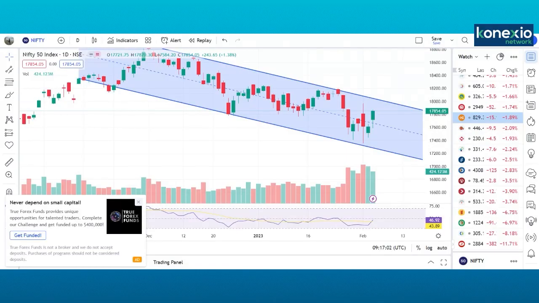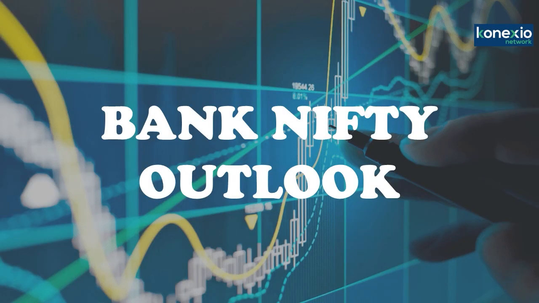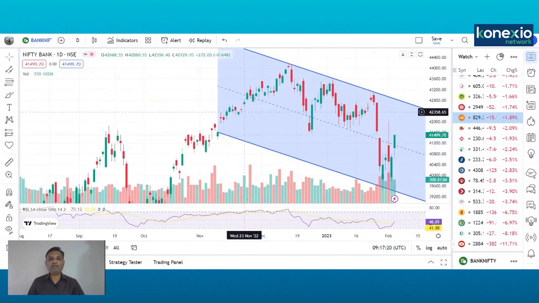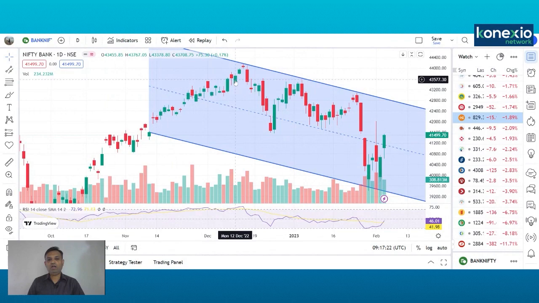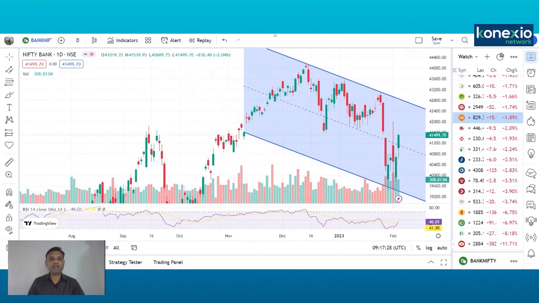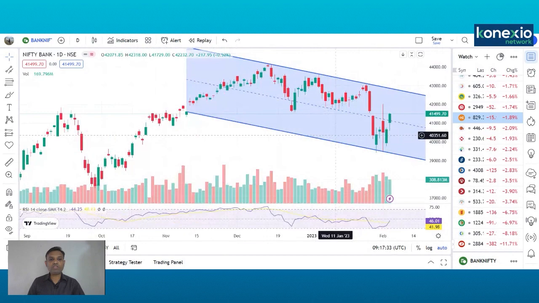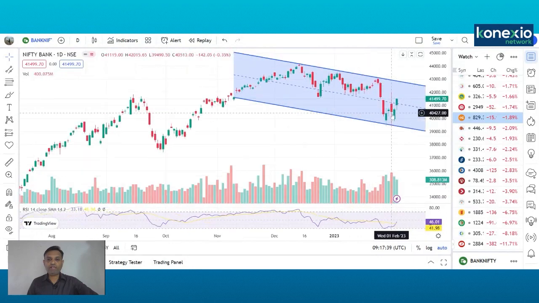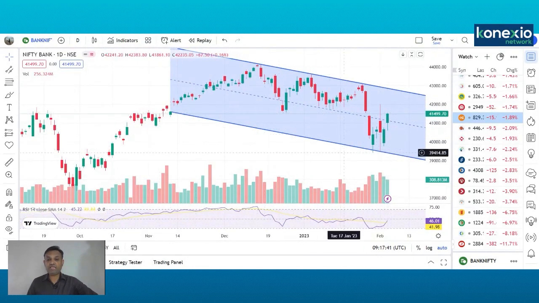Now, friends, let us discuss the charts of Bank Nifty. Let me go to the Bank Nifty daily chart. You can clearly see over here a similar kind of pattern. Last 2 months, it has been moving in a downward falling channel, making lower tops, lower bottoms. In Bank Nifty also we have seen that the index has seen some sort of time correction as well as price correction. But in the last 4 to 5 trading sessions, you can see Bank Nifty has taken a support 2 times, and from there it has bounced sharply from the lower levels.